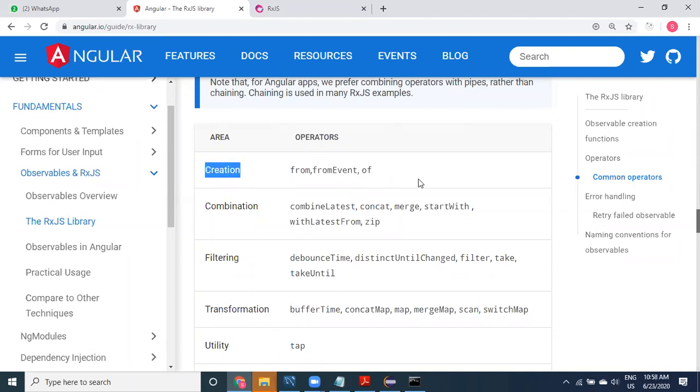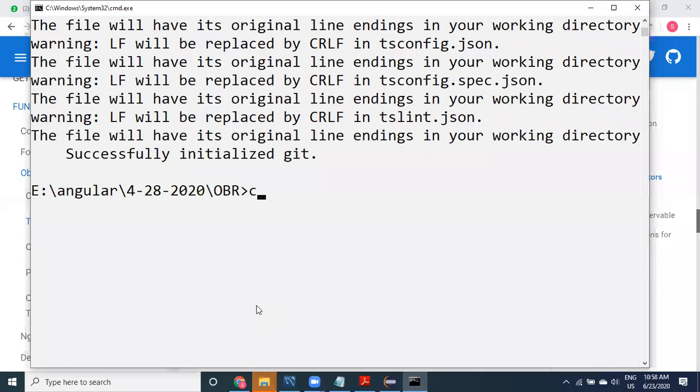Creation. So remember creation, filtering, and so on. Let me first work on this creation. How to create this? I have created one application.